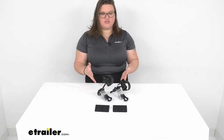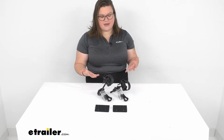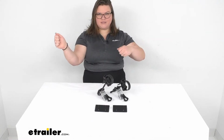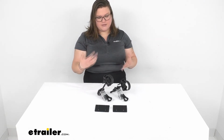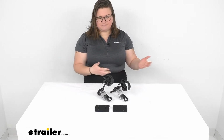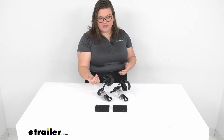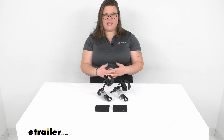So if you want to load your bikes into your truck bed, you've got a couple options. Most of them require taking off that front wheel though. It can be a big pain to have to do that every time. Also usually requires you to actually get up into your truck bed to mount your bike. So it's a pain, takes an extra bit of time that you would like to get back. So this is a great way to load your bike into your truck bed and you don't have to worry